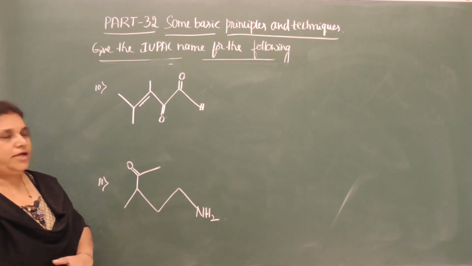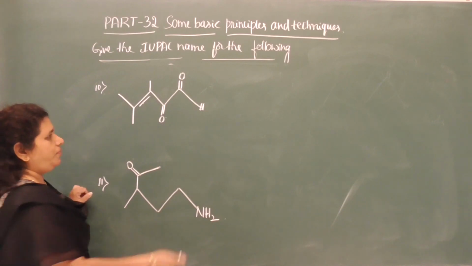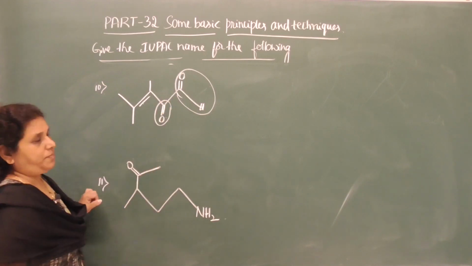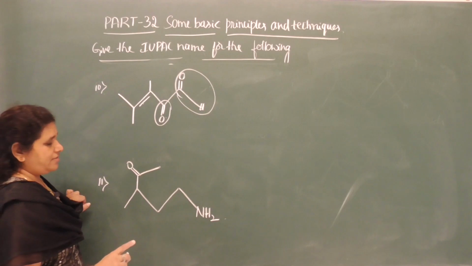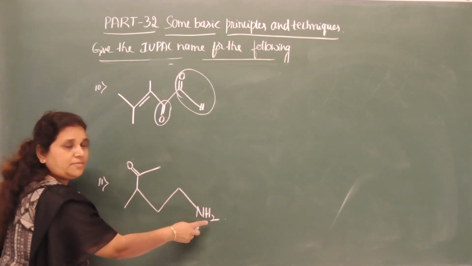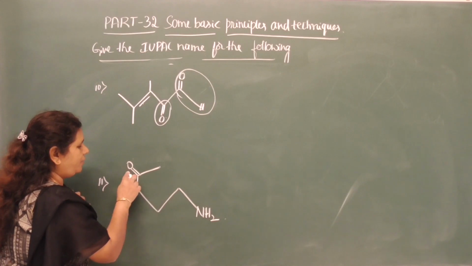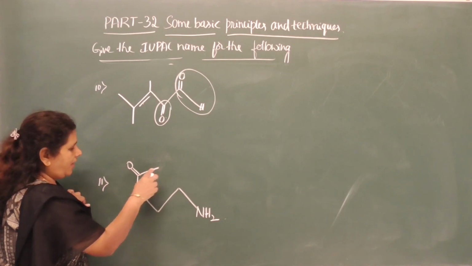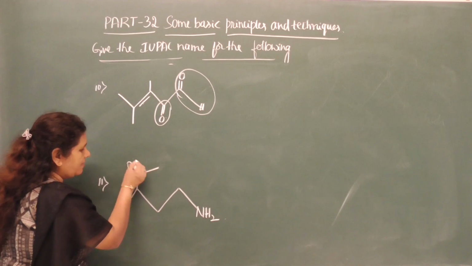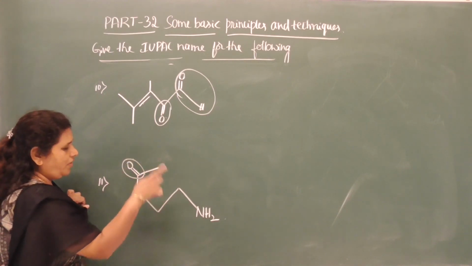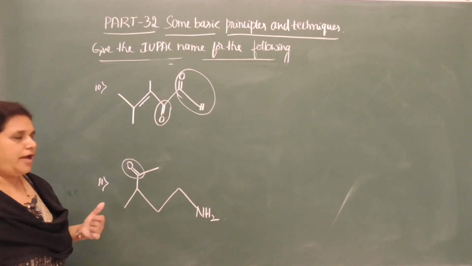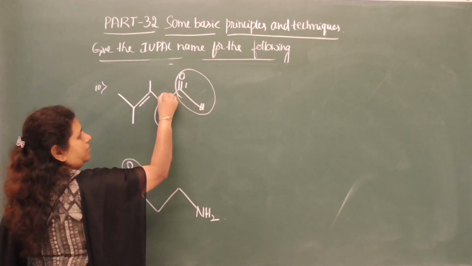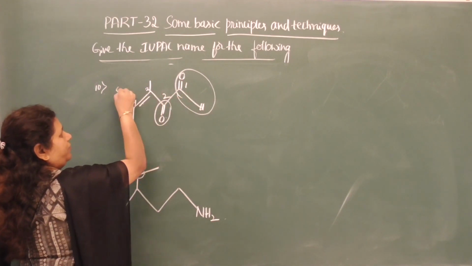Okay. So look at the functional groups. See here, the aldehyde functional group is there, the ketone functional group is there, along with that a multiple bond is also there. And here we have a primary amine functional group. Here it is a terminal position, meaning it is CH3 here, and this is C double bond O, then it becomes a ketone group, correct? Now select the carbon chain and try to give the IUPAC name. You need to give the number from this end, 1, 2, 3, 4, 5.